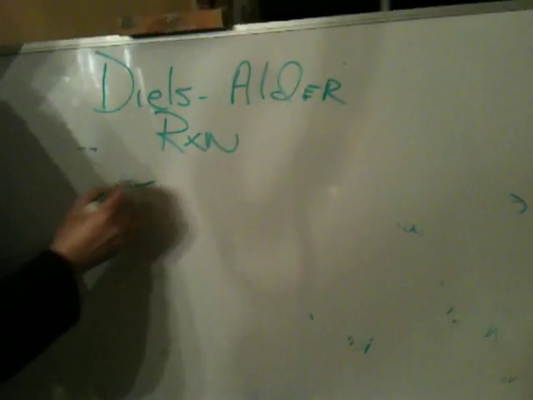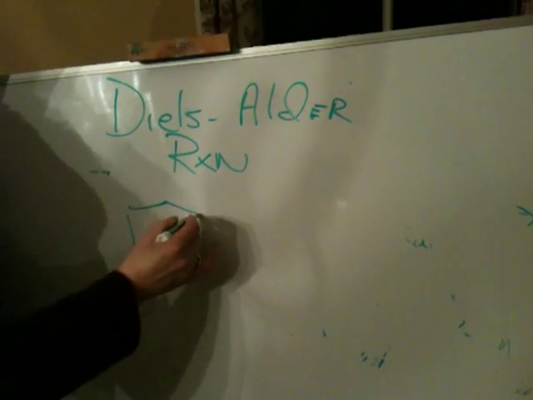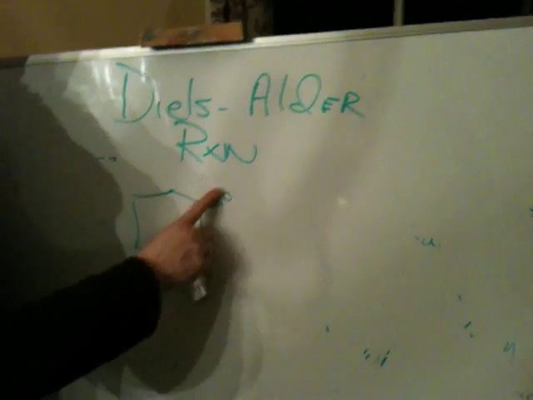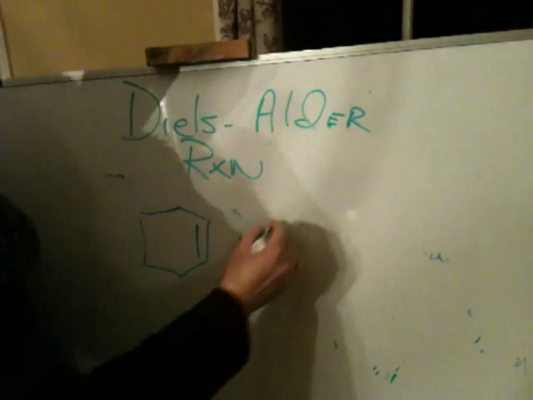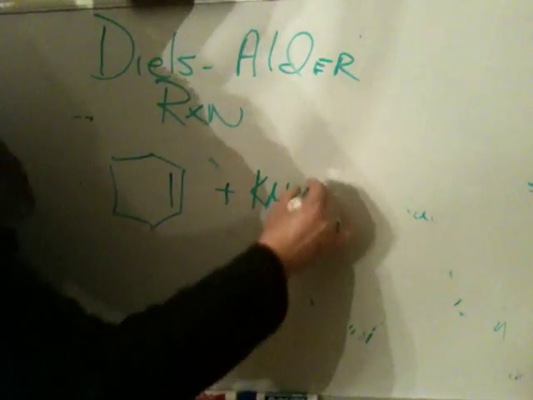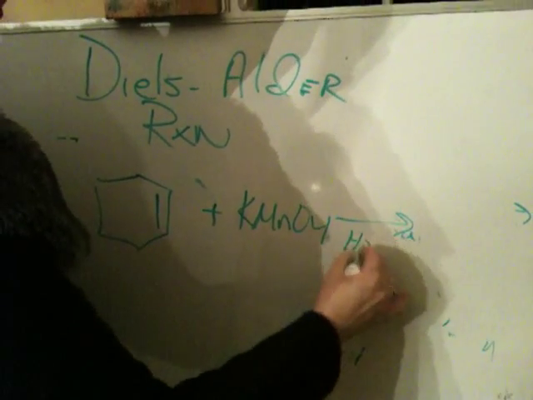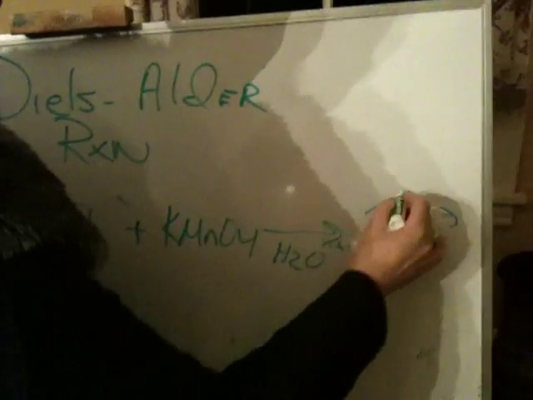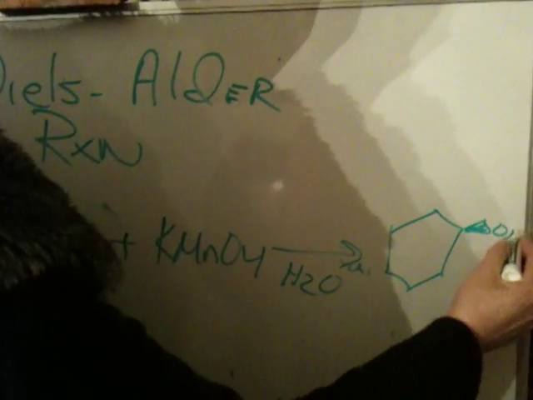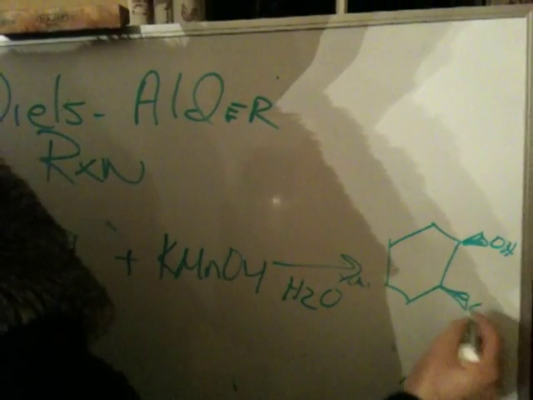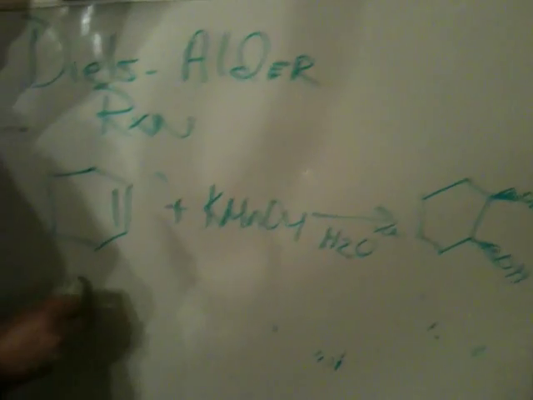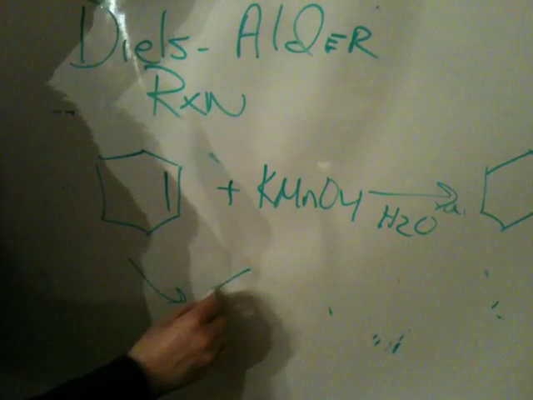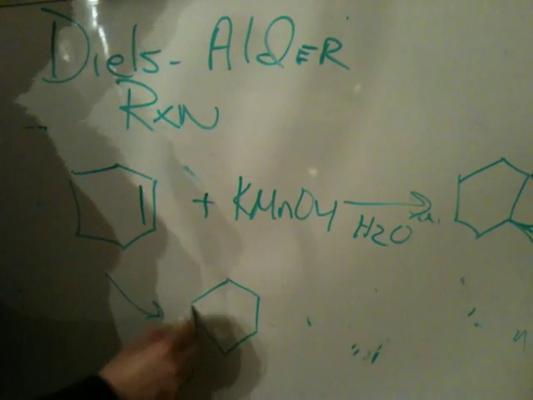So for example, if I have a ring and I had, oops, I'm ahead of myself. If I had this alkene and I added KMnO4 in water, I would obtain the so-called cis diol. Can you see that? Cis diol. Okay. Now the way this reaction is believed to occur is that in a more or less concerted fashion,